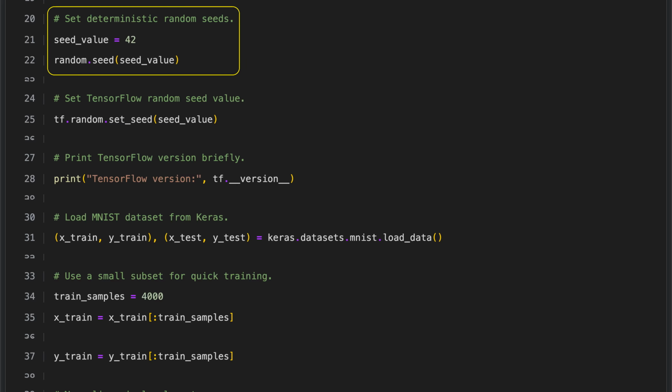We begin by setting a fixed random seed with the value 42 so that any random operations in our code always produce the same results. This step is important for reproducibility, meaning we can reliably repeat experiments and get identical outcomes. By using the random library to set this seed, all later random number generation becomes consistent across different runs of